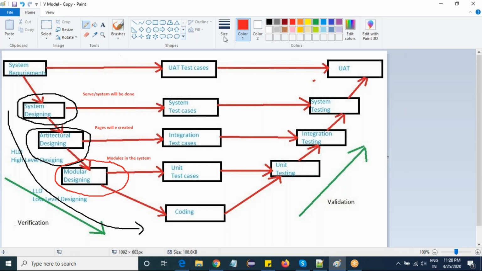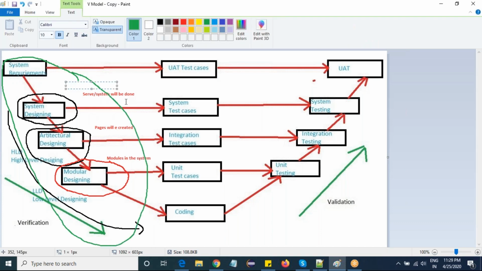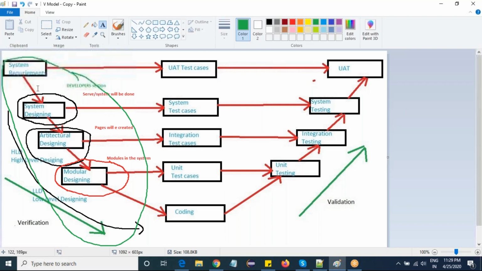Let me give a different color to show it is the developer phase. So this is the developers section.